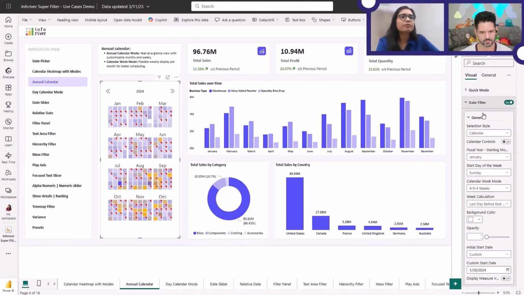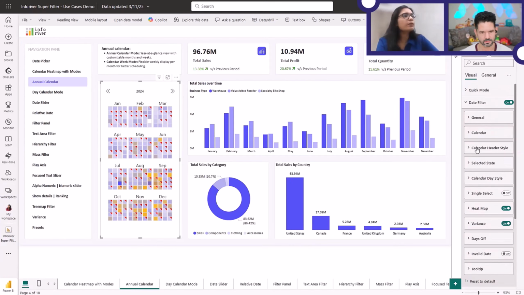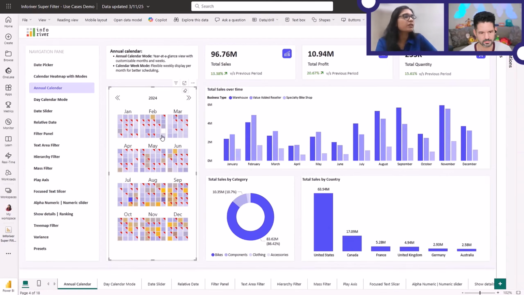Next we set up the heat map for it, and we disable the dates. So we have the variance, we have the heat map effect, all of that for all 12 months of a year available on the screen in a single consolidated view